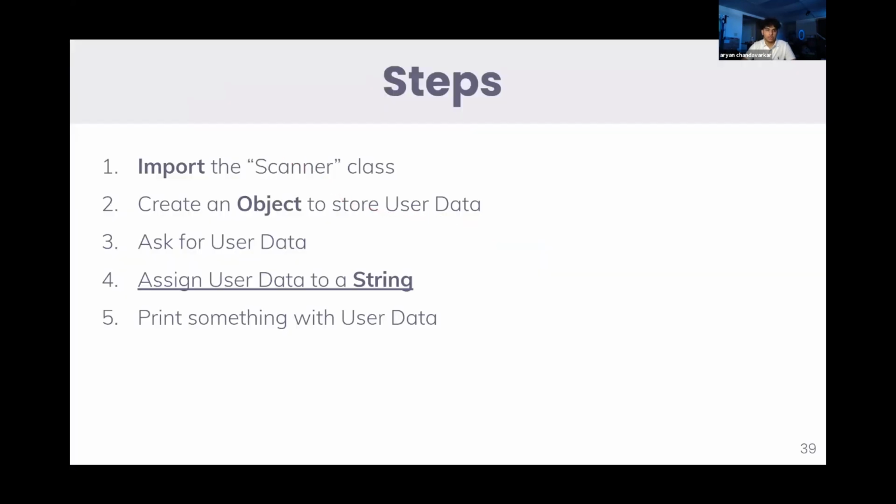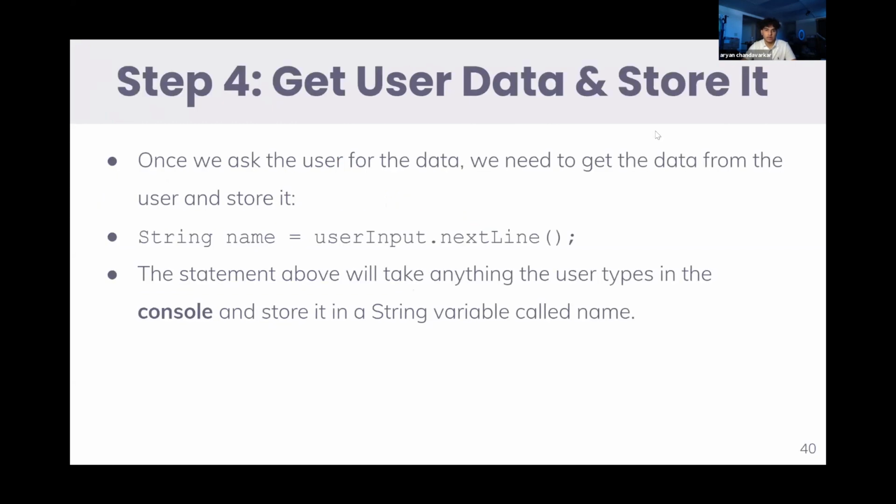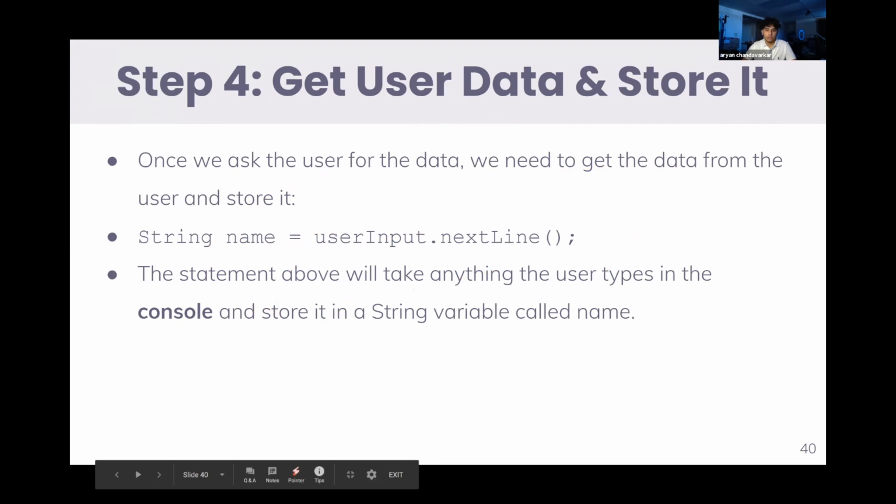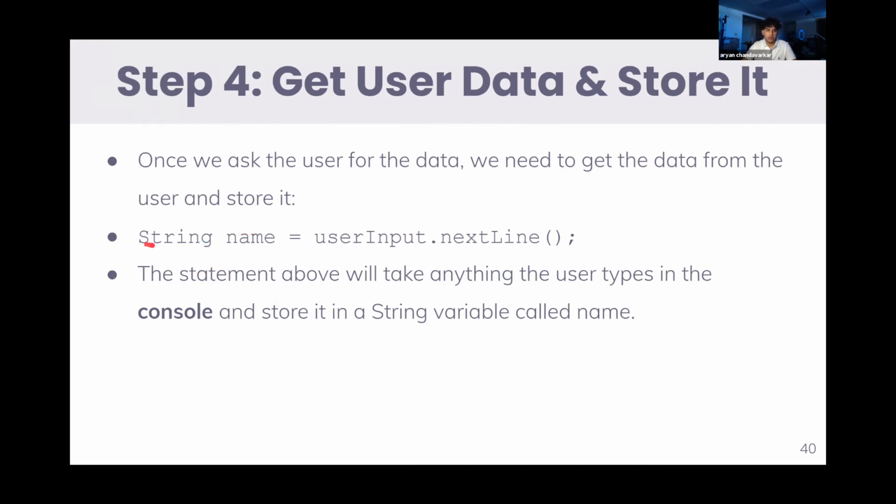The fourth step is to assign user data to a string. So basically we get the user data and we store it. Once we ask the user for the data through that print statement, we need to get the data from the user and store it. We would usually store it in a string, but you could also store it in different data types. For example, if you wanted to create a password that was all numbers and no letters, you might change this data type to int. So basically what we're doing here is we create a string